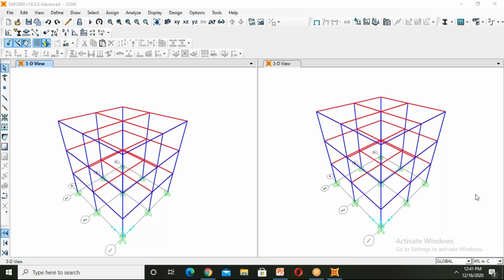There are a lot of structures which are not just regular shapes. You can go with the regular shapes also. We can draw curved beams, any type of curved beams.